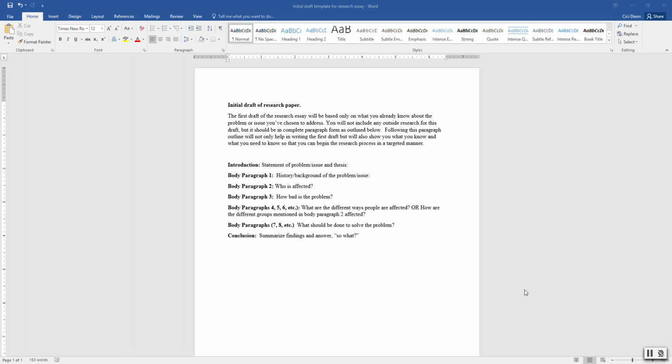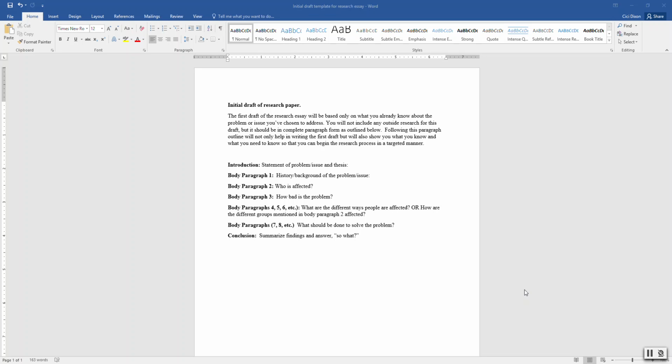So by doing an initial no source draft, you're really helping guide your research because you're writing down what you know. And then by doing that, you can see where there are gaps in your process or gaps in your knowledge. And wherever those gaps are, that's where you need to look for research information to help fill in those gaps. So this draft is not going to have any outside research at all, but it should be